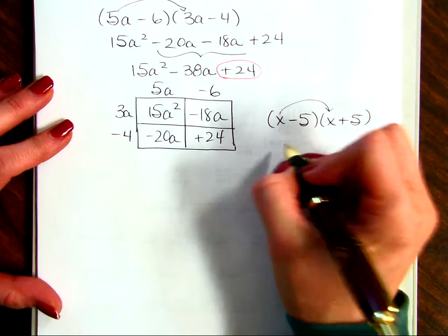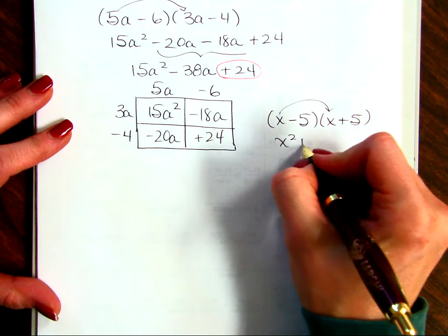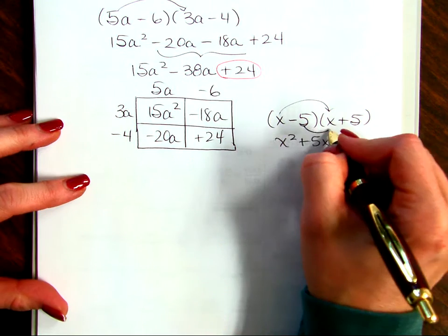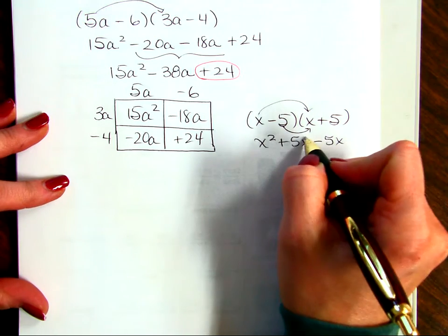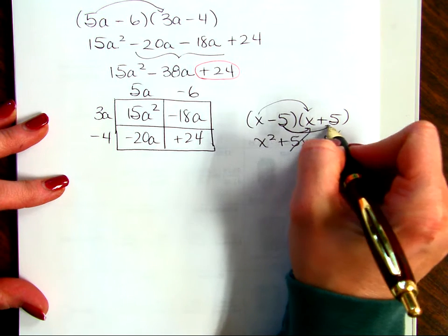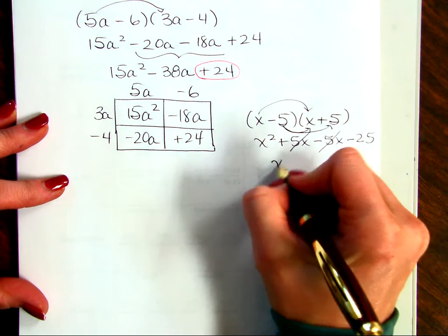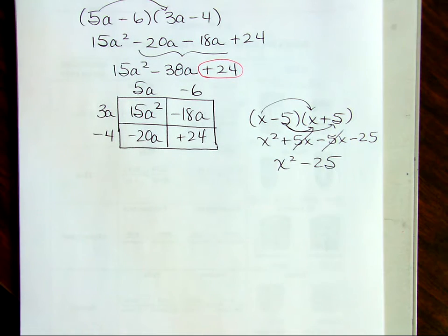So x times x is going to give you your x squared. X times positive 5 is going to give you your positive 5x. Then I'm going to turn around and do a -5 times x and get a -5x. And those two are going to end up canceling, correct? But then this -5 times this positive 5 is -25. So my final answer is x squared minus 25,